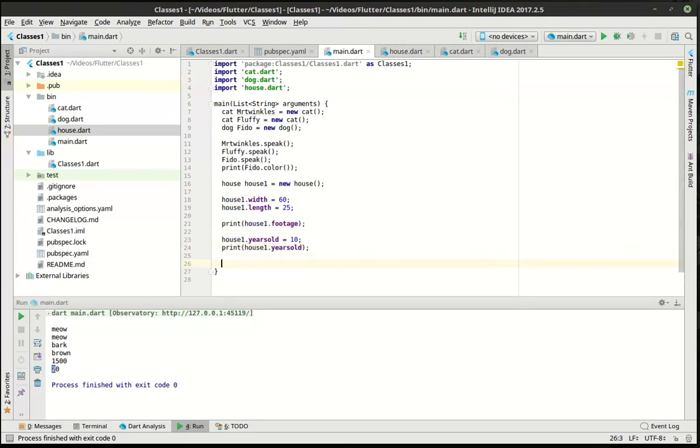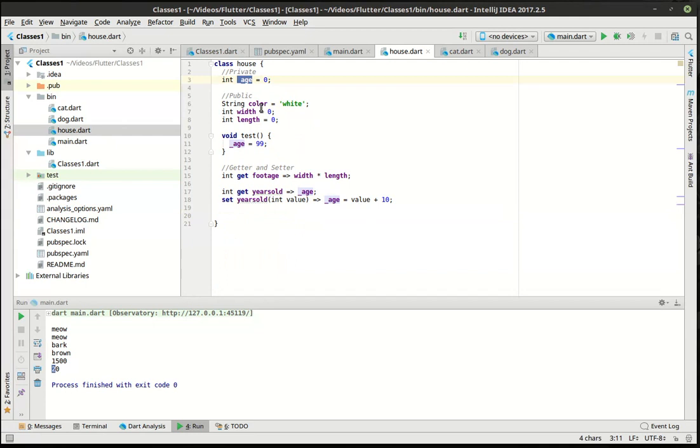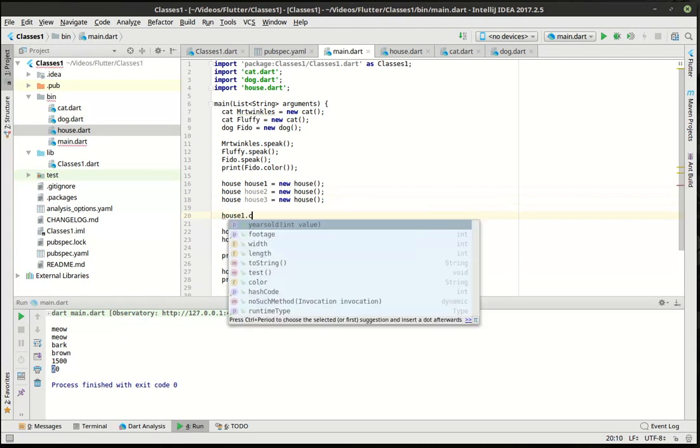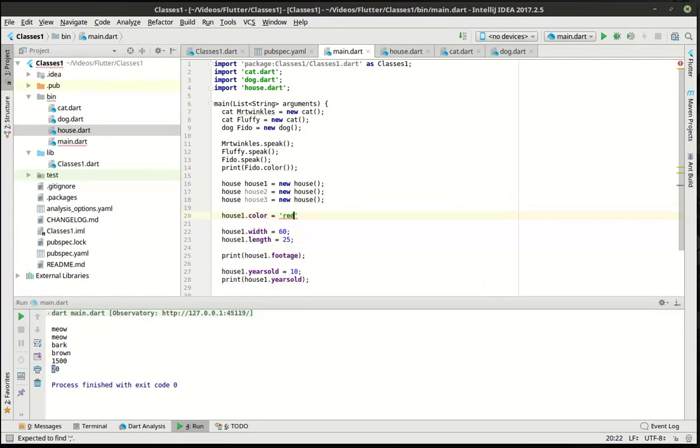So that's great and all. What happens if we have multiple homes here? So let's just make a new house. Let's make a couple of them. And let's add a property in here called, oh, we've already got it, color. And we're going to go back here and we're going to say I want a red house, house2.color, I want a blue house,